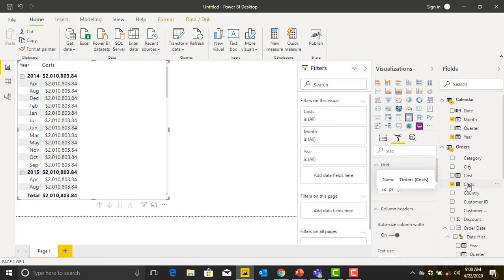There is no way I can do reports by these two tables at the same time, except they have something in common, except they are related by something. So they need to talk to each other. Of course, you will see more about data modeling and relationships in tomorrow's class. So this is just like a primer to tomorrow's class. So if I come back to the model view now,